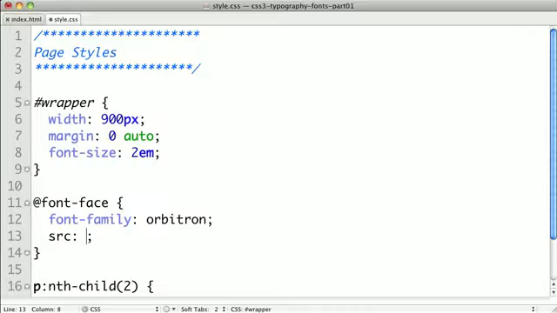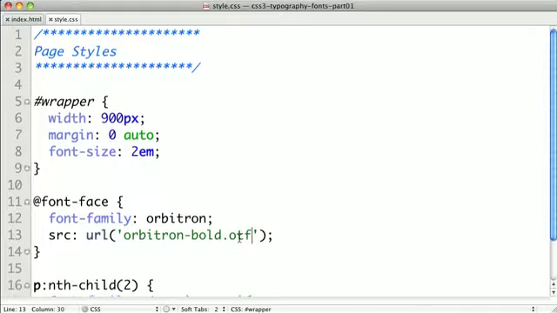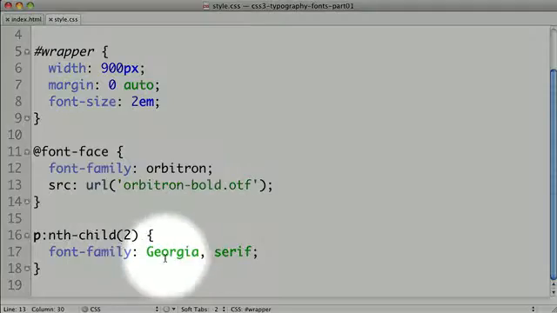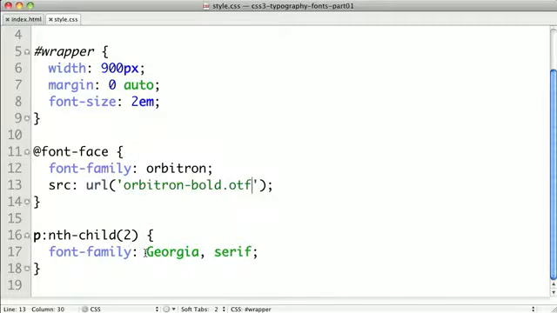Now, I've simplified things and I've just put all of our fonts into our CSS directory. Of course, you could go ahead and create a fonts folder if you wanted to, and then navigate out of the CSS directory and into the fonts folder. Or you can set up your directory structure really however you want. So we'll go ahead and type URL, and inside here we'll link to our font, and it's again inside of the same directory as our CSS, so we can just type orbitron-bold.otf,